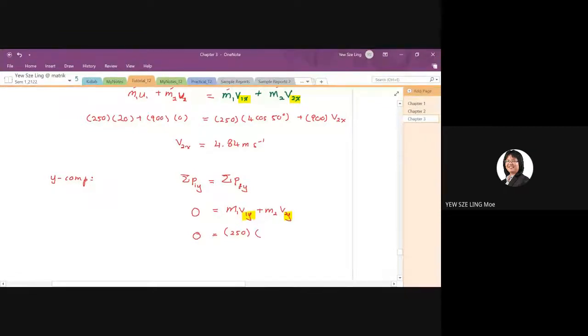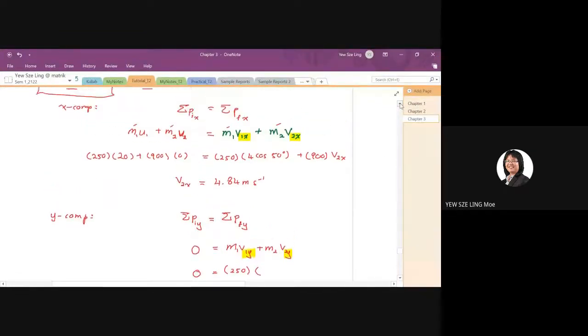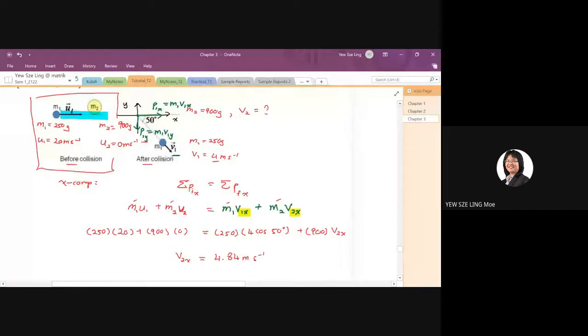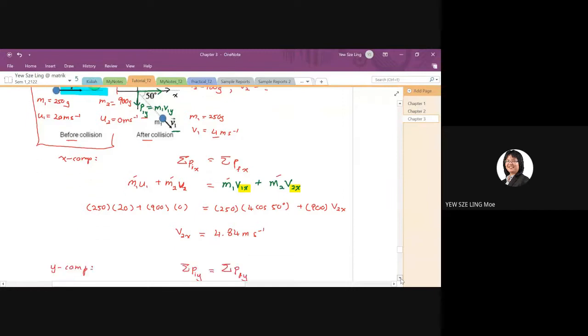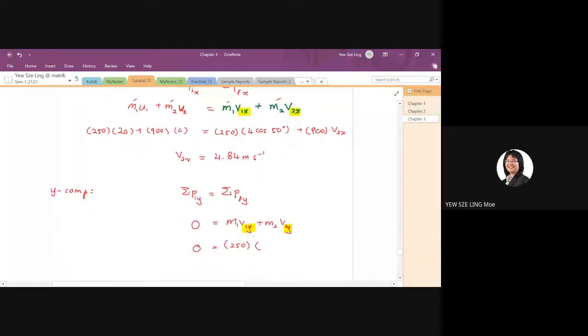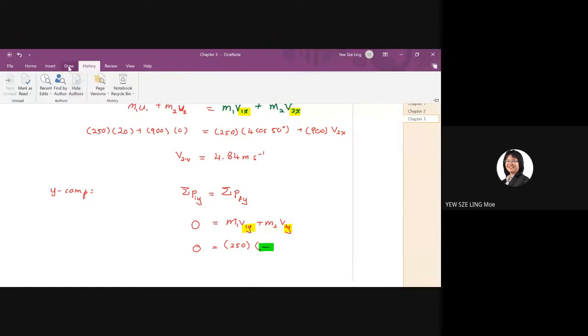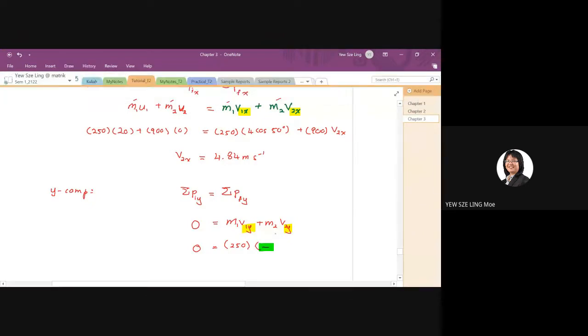Now, if you look at V1 final. After collision, my P1Y is pointing downwards, which means my V1Y is a negative value. So you must include this negative value in the calculations. So I have a negative 4